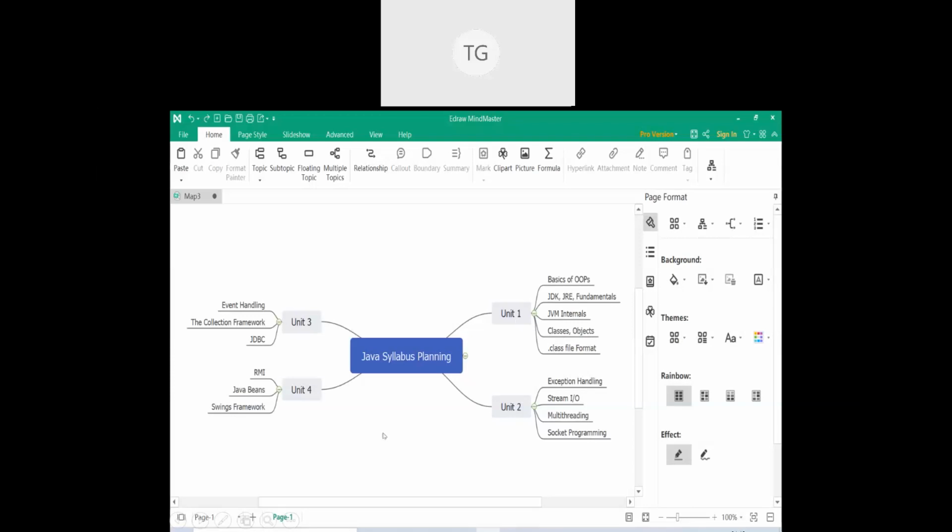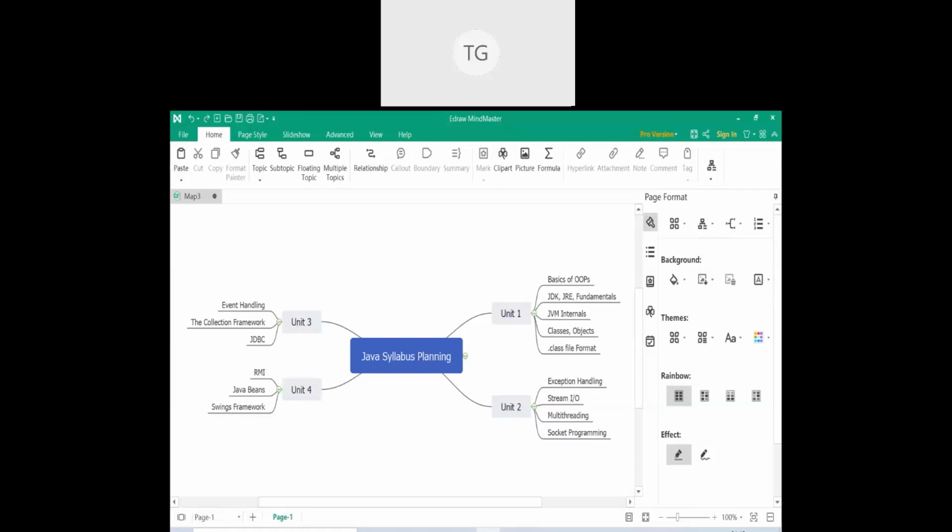So this gives you a fair idea when you look at this image that this teacher is trying to teach Java, which has four major components or four major sections as a part of the course. These are the four main topics: unit 1, 2, 3, and 4. And in every topic, there are certain subtopics or certain core fundamentals that the teacher wants to cover.